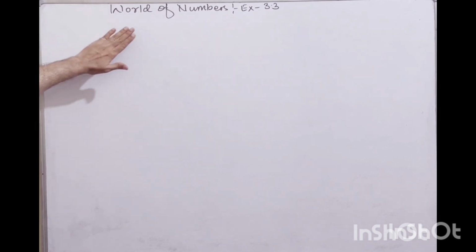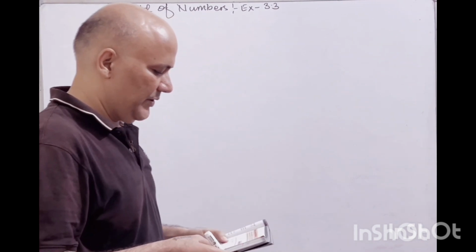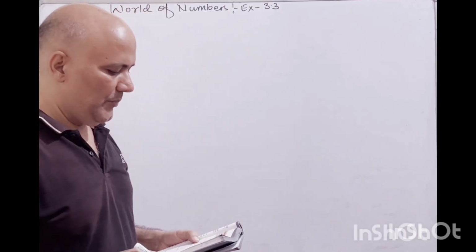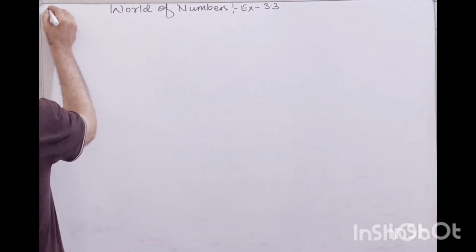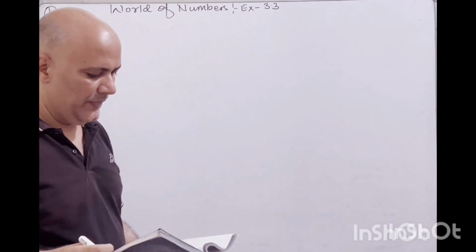हेलो बच्चों, आज हम करेंगे वर्ड ऑफ नंबर्स एक्सरसाइज 3.3। इसमें आपको वैल्यूज निकालनी है। Prove the following rational numbers are equal. Now question number first, you have to prove these numbers are equal. So